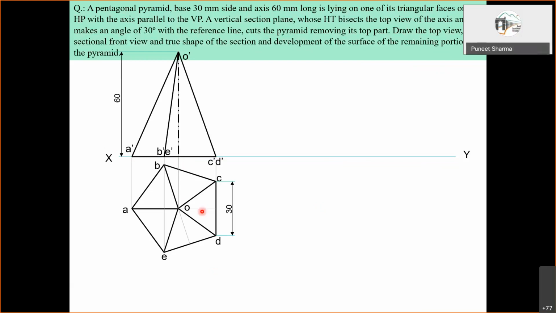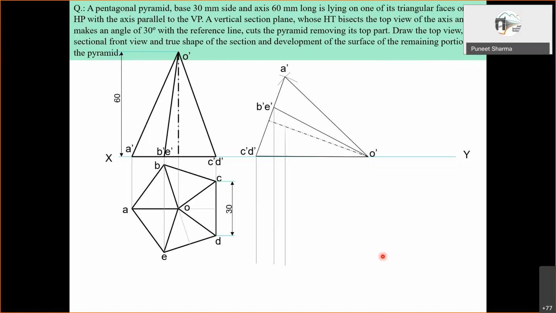As you all know, this OCD is giving us a line view here, O dash, C dash, D dash. So we can rotate this pyramid about C dash, D dash and bring this O dash to the XY line. So this will be equivalent to keeping this O dash, C dash, D dash on the horizontal plane. So that is what we do, right? It's done. Then you have to redraw this figure, and then we get the top view. So projectors from all the corners are drawn, and then we draw horizontal lines parallel to the XY line from all the corners in the top view. We look at them. Okay, so A, B, C, D, E obtained like this.